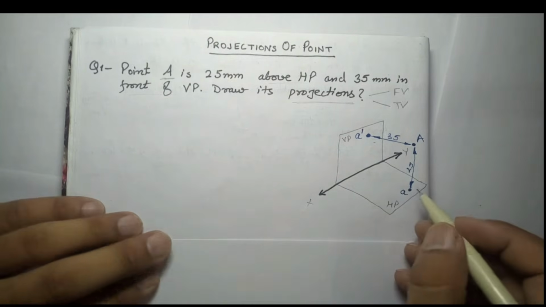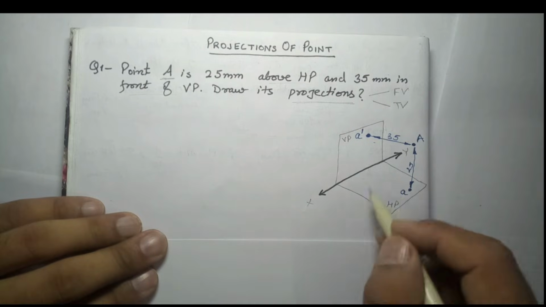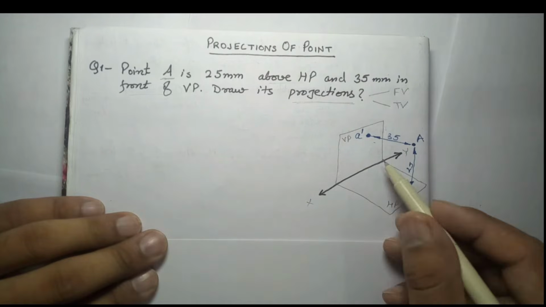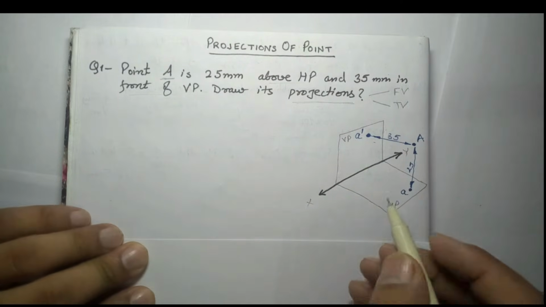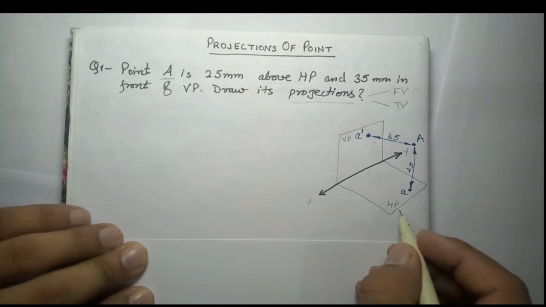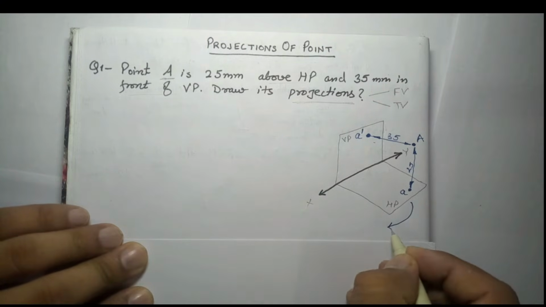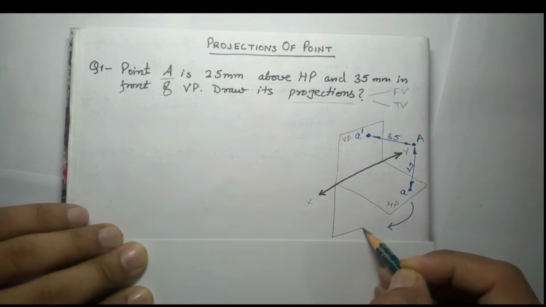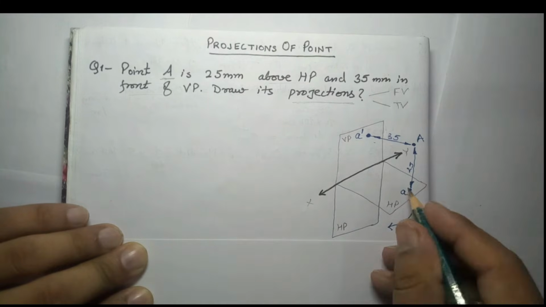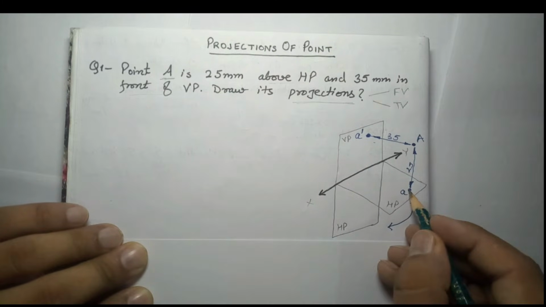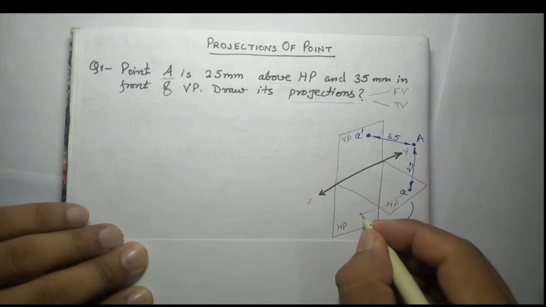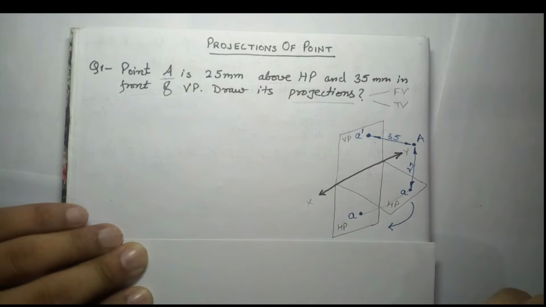Now this is the solution, but this is again a 3D diagram. We use the quadrant system to make the complex 3D diagram easily on 2D. So we have decided a rule: we always rotate HP 90 degrees clockwise. If you rotate HP 90 degrees clockwise, what will happen? The HP plane will go down like this. After rotating 90 degrees clockwise, HP will go here, and this view will also come here. So this will become the top view A.